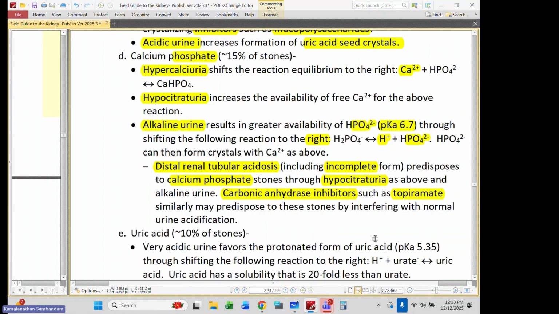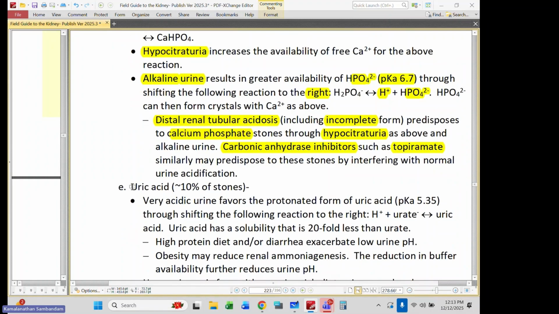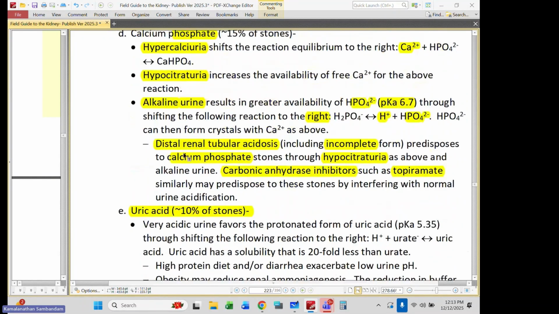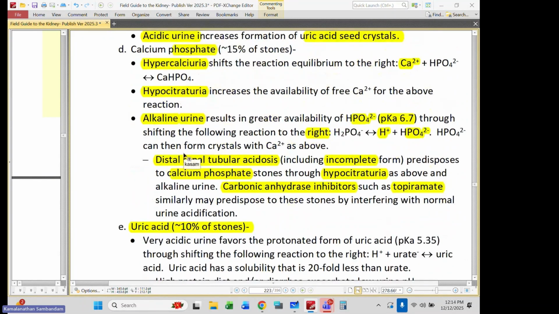Zonisamide is another carbonic anhydrase inhibitor that you might encounter. In that case, it's often used for GI disorders. Okay, so let's then move from calcium phosphate, which, by the way, is the most difficult stone that